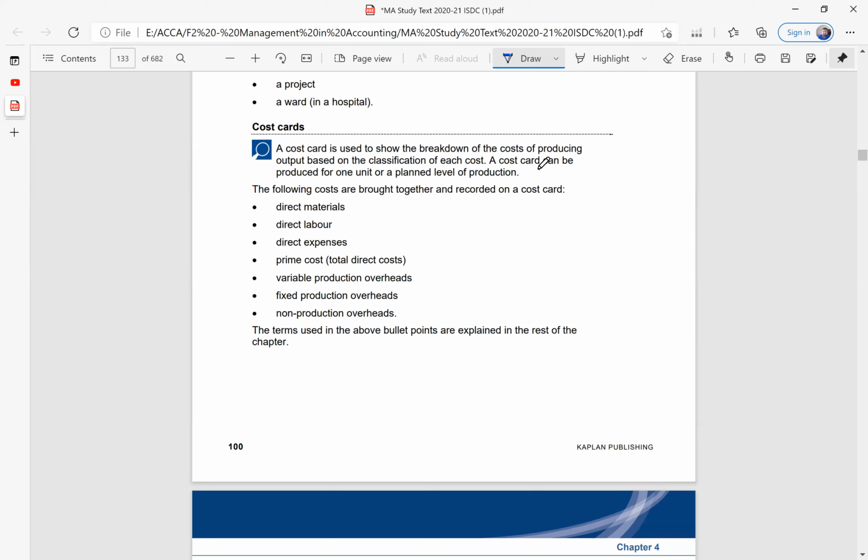Indirect, on the other hand, would be if I am saying that, okay, there's a rent that I have to bear that costs me $20,000. Now, this rent I have to bear anyway, even if I produce, even if I don't produce. Why? Because I've done a contract. This becomes my fixed cost.